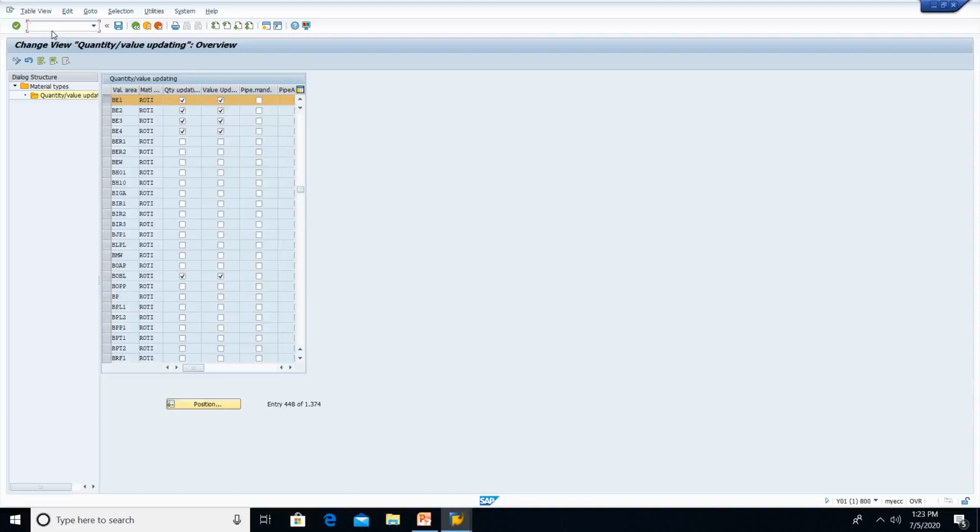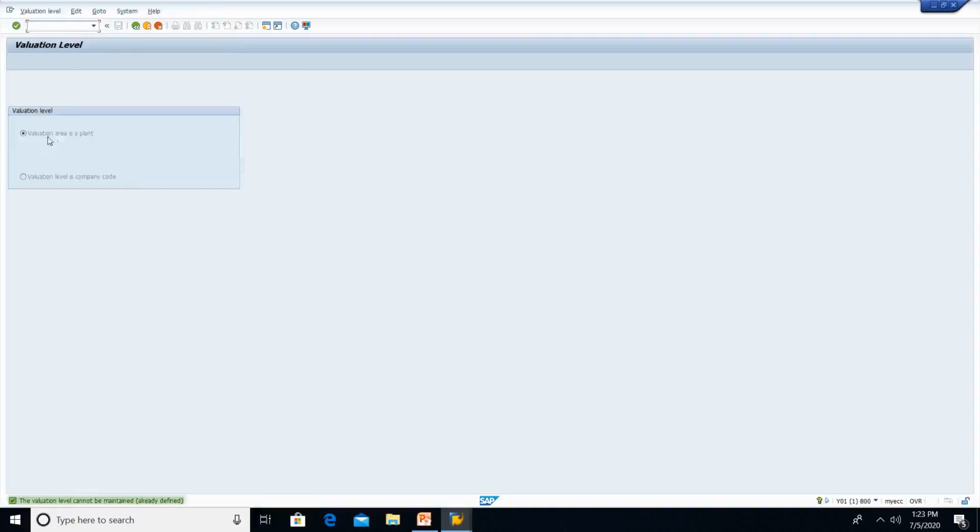Now I am going to talk about valuation level, which comes in enterprise structure. For that we have got a T code OX14, where you can see the valuation level. See, SAP standard has given valuation area as plant. It means plant dependent material price. Under one company code, if we have multiple plants, the material prices will differ from one plant to another plant. So that valuation area is at plant level.